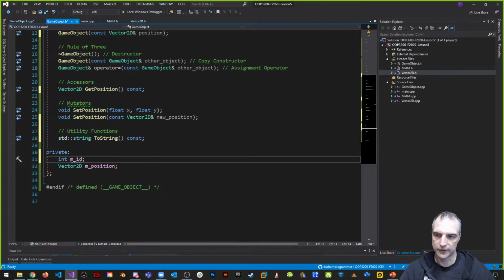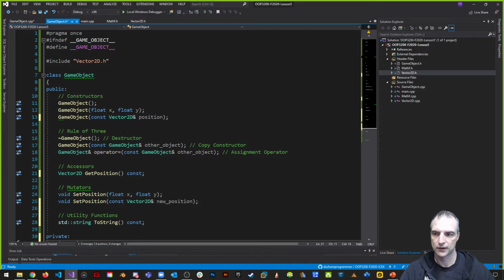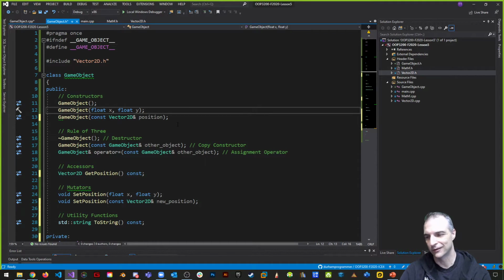And let's make some getters and setters for this. So we'll get ID and set ID. One thing also is in our constructors, if we're going to have an ID, well, it's not just game object X and Y. We also want to have a game object with an ID, right? So we'll say int ID, and we'll take in